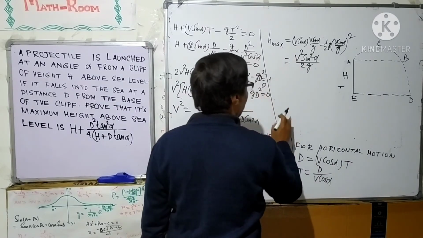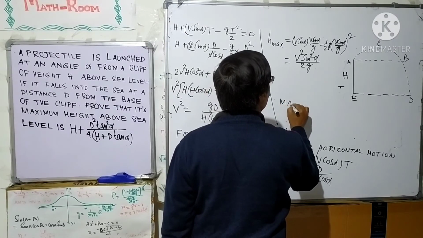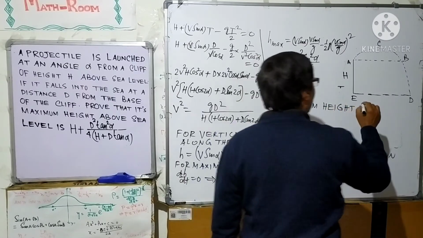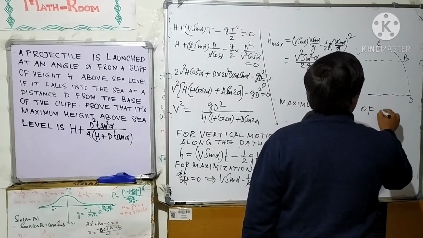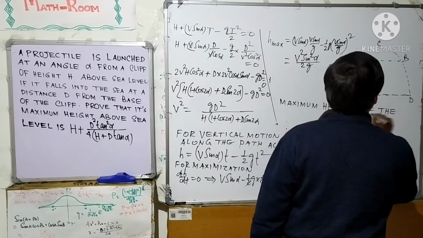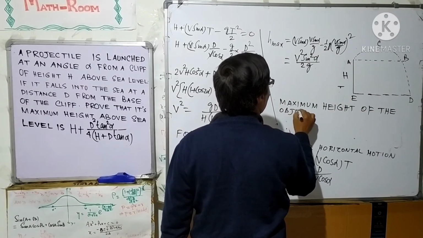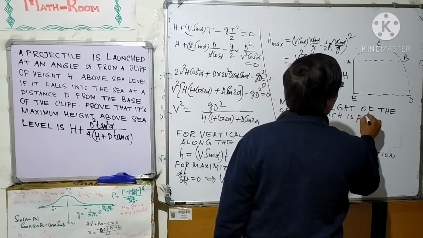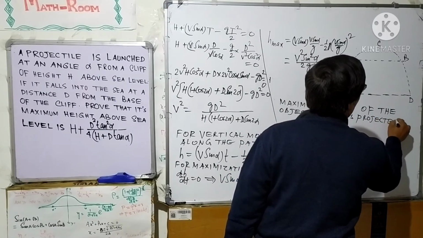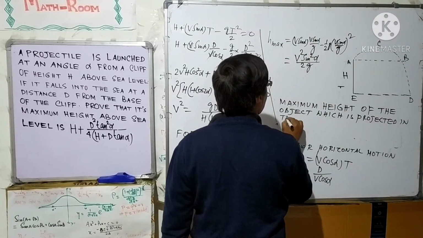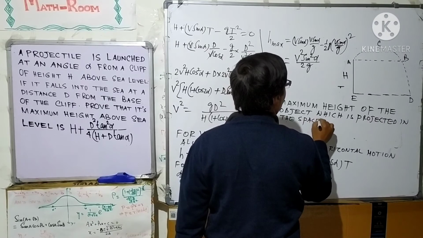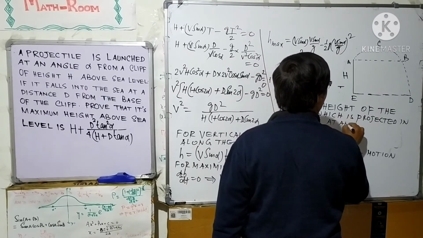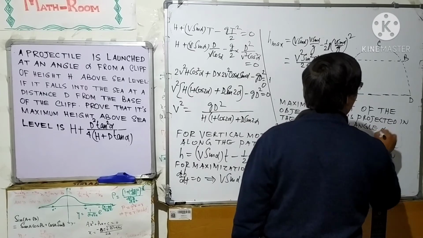So, the maximum height of the projectile, of the object which is projected in the space at an angle alpha